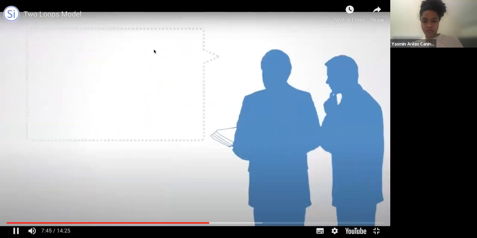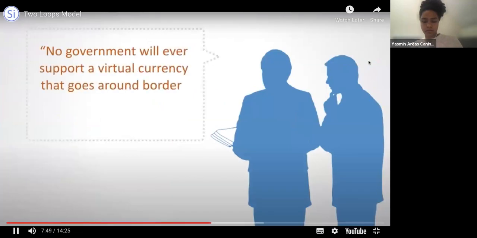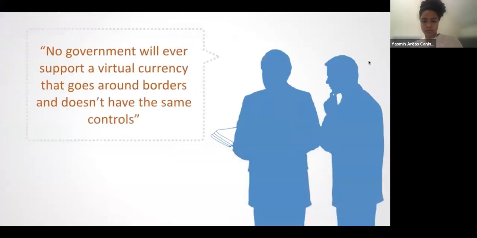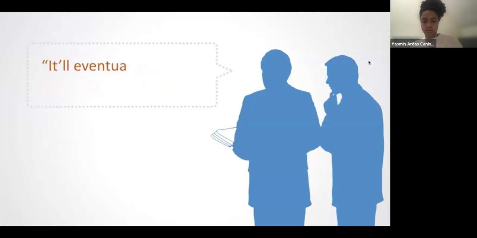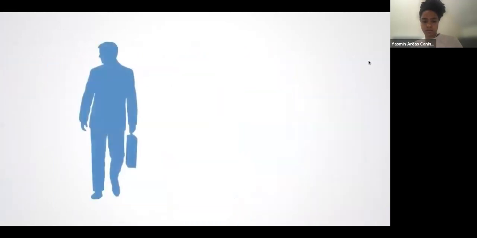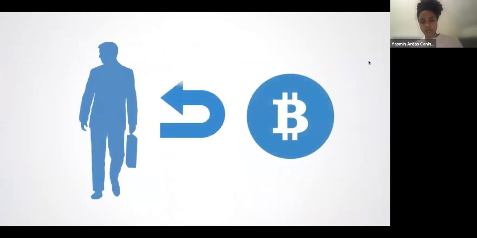Shortly after, he said, no government will ever support a virtual currency that goes around borders and doesn't have the same controls, adding, it's not going to happen. A little after, he came to the conclusion that it'll eventually blow up. It's a fraud, okay? The subsequent years saw a transition from denial and resistance to acceptance, until by 2019, JP